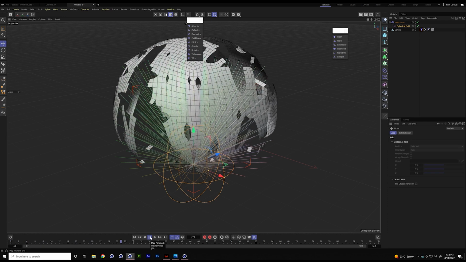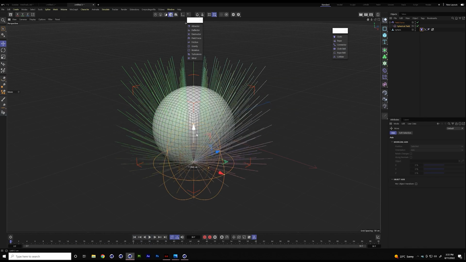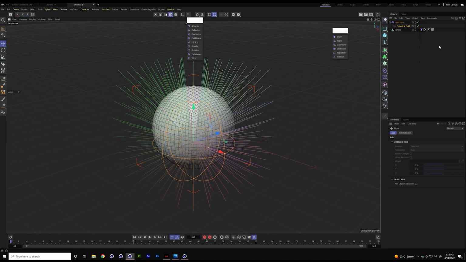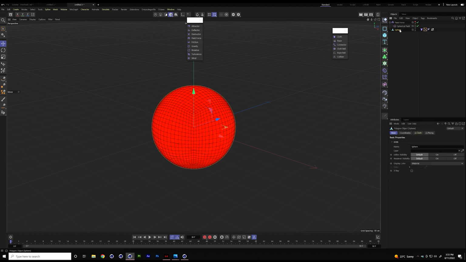So, good. I'm happy with this, but there's one little thing I want to change. I want to tear, I can hide this, we don't need to see it, I want to tear my sphere in very specific points. I want to art direct how this is going to tear. Because, you know, if it's a banana, it will open like this. So let's go and do that. This is where my vertex map comes into play. So with 0, red is 0, I'm going to double click here and I'm going to start